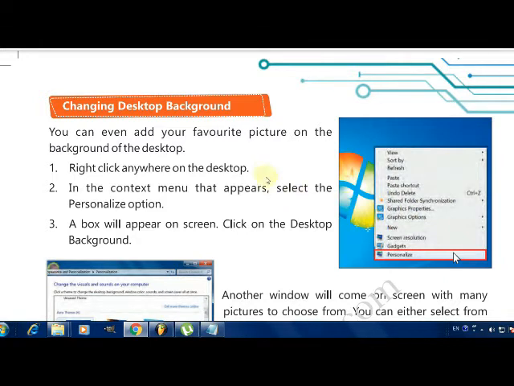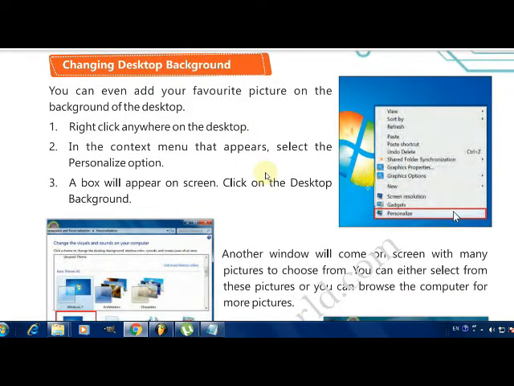That is called a desktop. Now we have to work with one of its parts, that is the desktop background wallpaper, and we have to replace it with another one. So let's see the steps to change the desktop background.